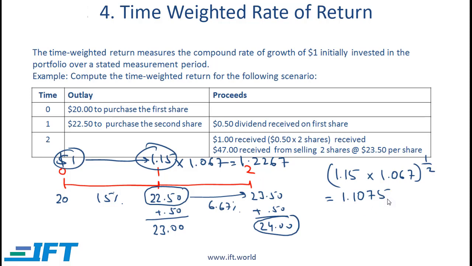This means that each period, on average, the rate of return is 0.1075, which is the same as 10.75%. So the time-weighted return is